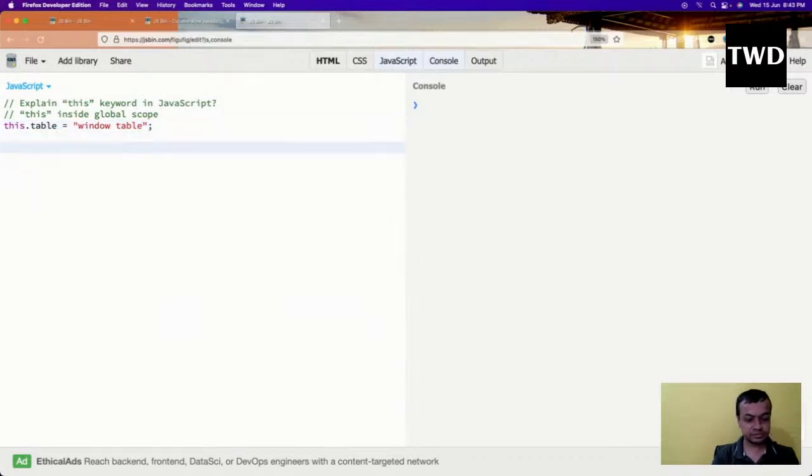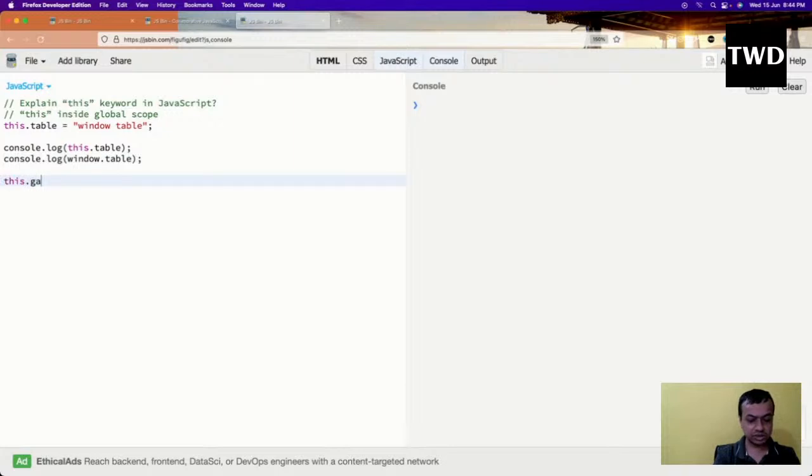Then console.log this.table, and console.log of window.table, and